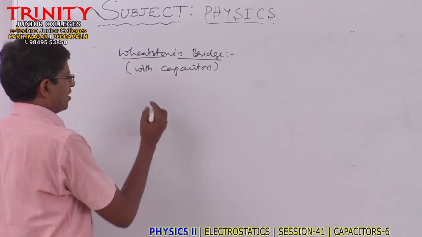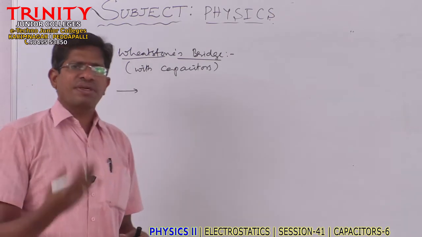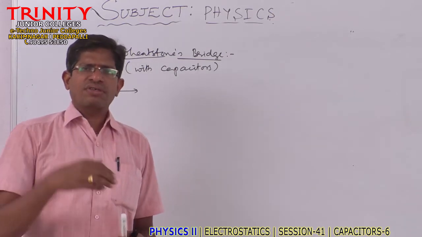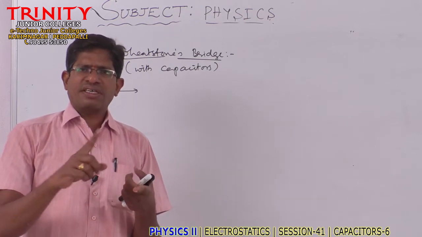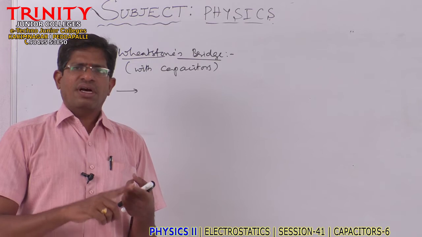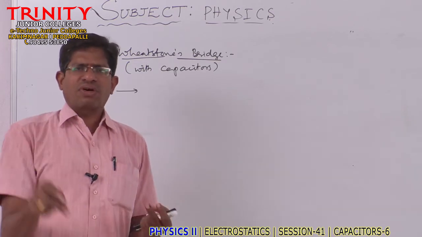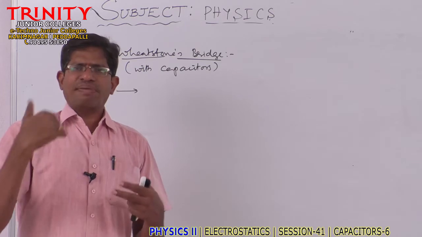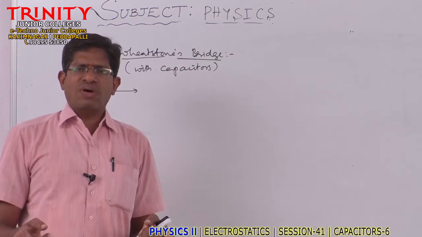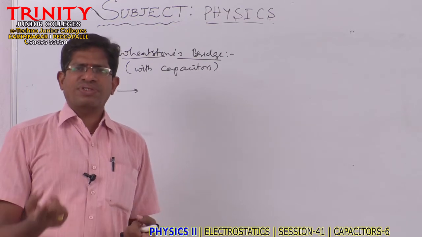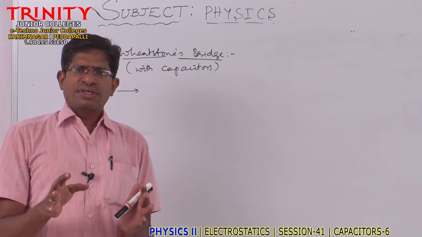And one more thing: yesterday, while telling the combination of capacitors, how you can combine them? Either in series, that means capacitors are connected end to end, or in a parallel combination, or a mixed combination, meaning series and then parallel. And some circuits are there which cannot be called series connections or parallel combinations. So in such complicated circuits,